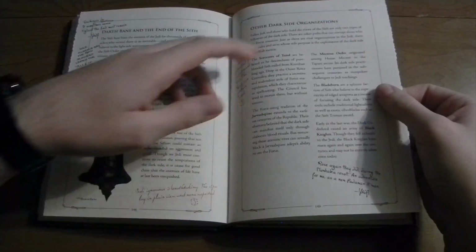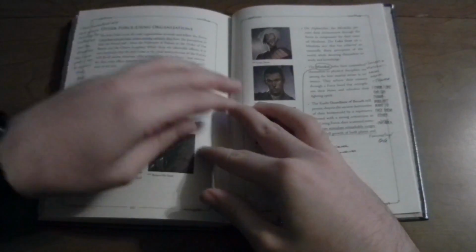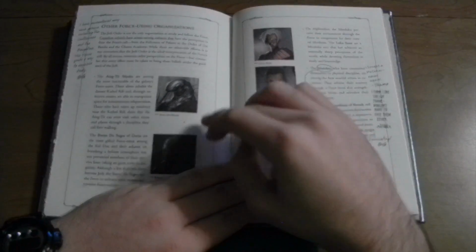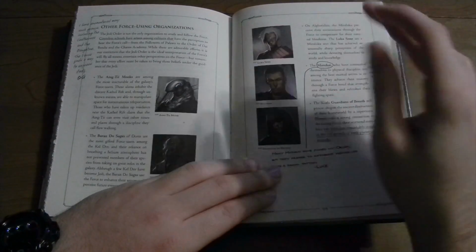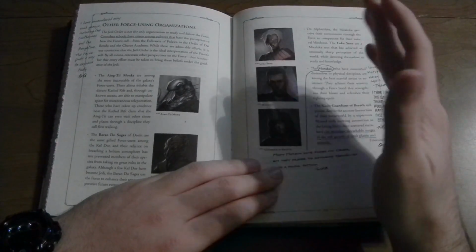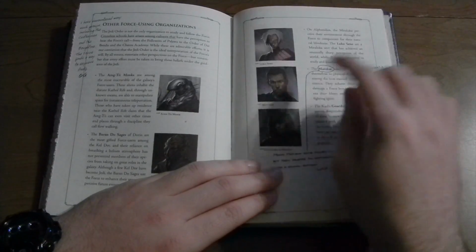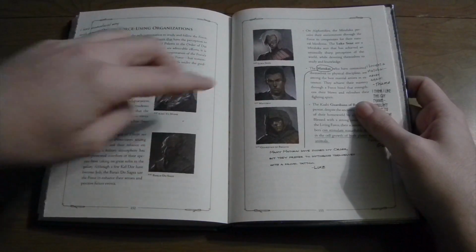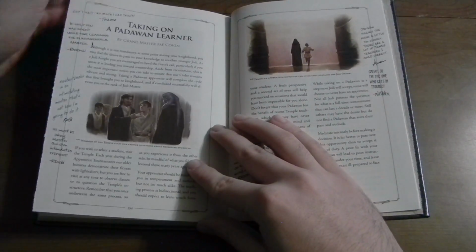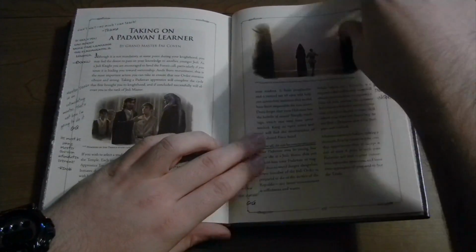It goes into different stuff over here, different techniques. It goes into other Force-using organizations that aren't Sith or Jedi. They have these monks over here, and they actually use the Force to increase their strength in combat. They specialize in hand-to-hand combat, and it goes into different types of people that can use it, in taking on a Padawan learner. They have that right over here,